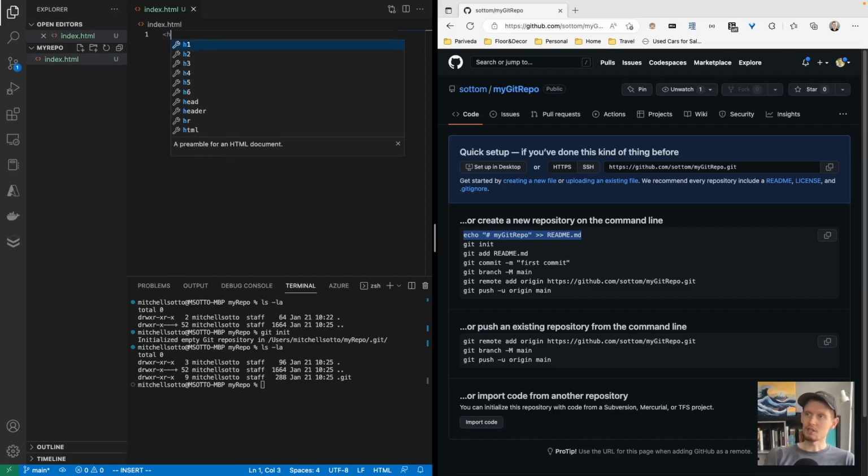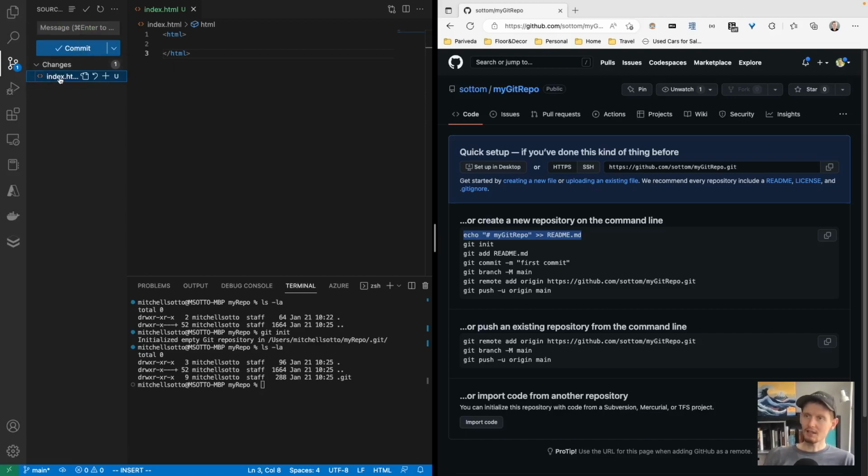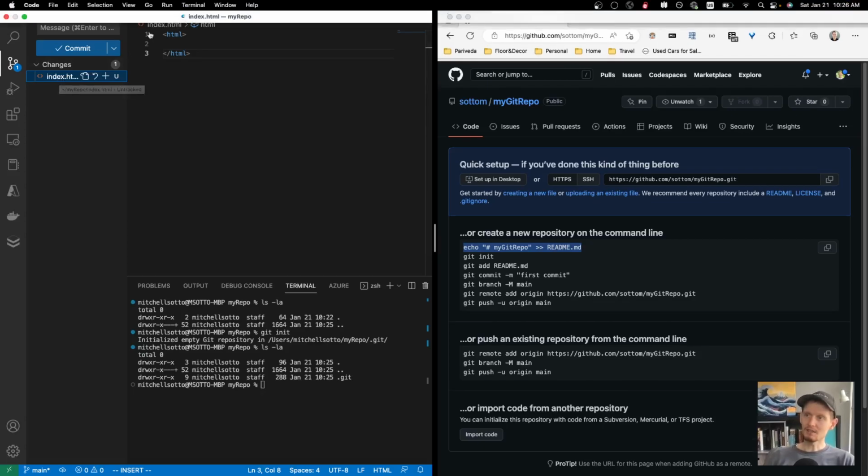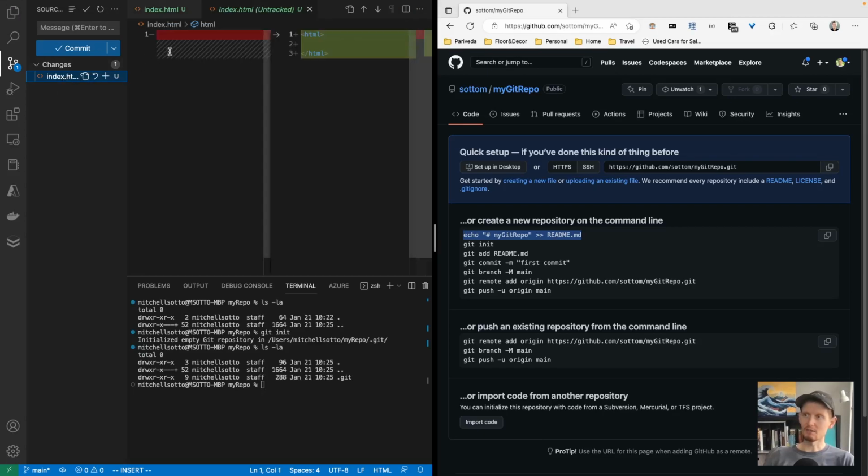And in this HTML file, I'll just make HTML tags. And you'll see over here, there's this one. If we click that, that's our source control, meaning Git. And it says there's a file named index.html that you haven't saved anywhere, and you made these changes to it. So what I need to do is follow these steps that it says. You add the file, and then you commit the file, and then we'd have to push it to get it